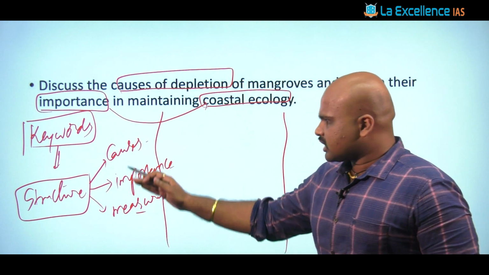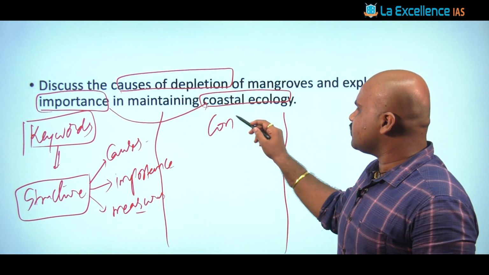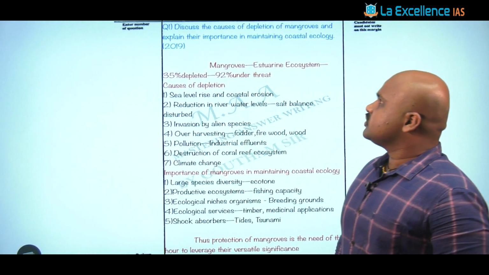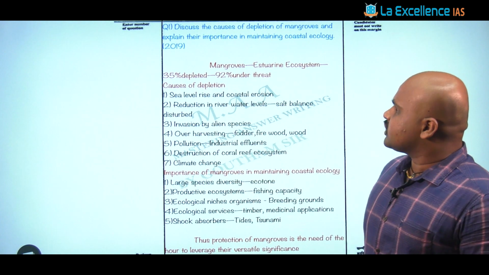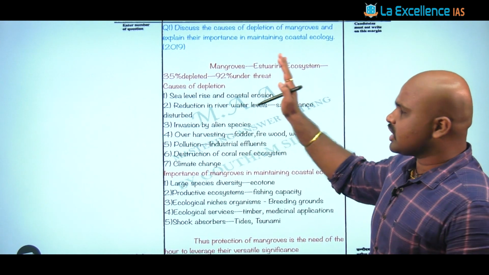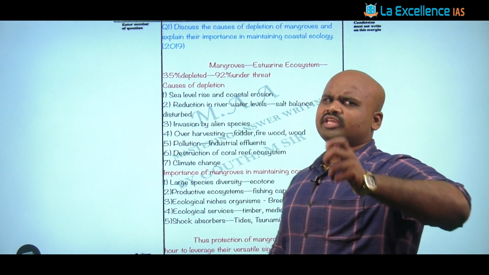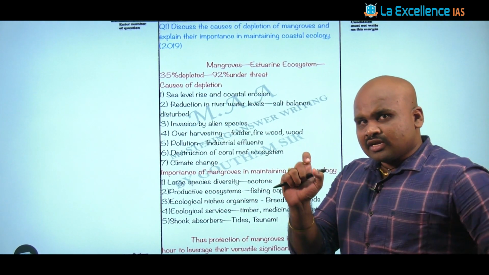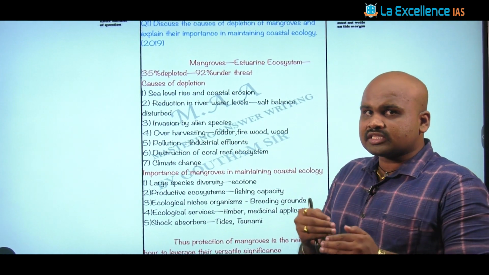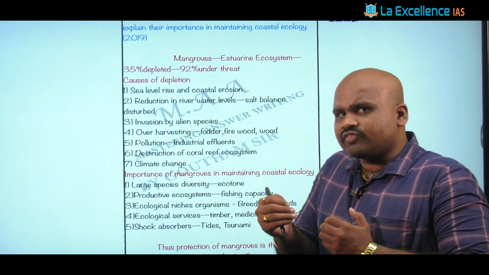And once we have the structure, then moving on to the content part. Now let's have a look at the content part, and you would see that we have introduced it with respect to the mangrove being an estuarine ecosystem. Mangrove being an estuarine ecosystem fundamentally shows the examiner that you understand the ecological perspective of mangroves. And then talk about what the threat perception is, what the levels of depletion are,